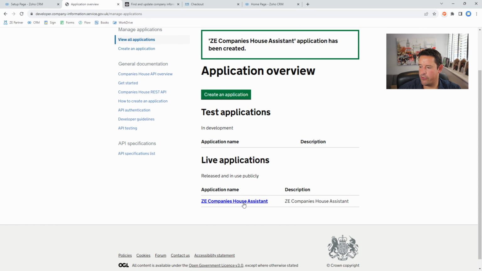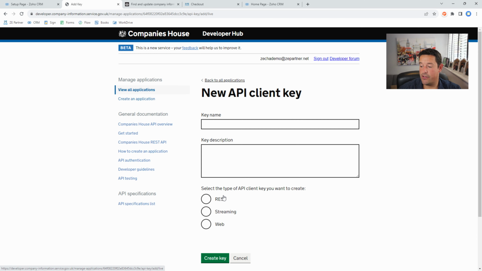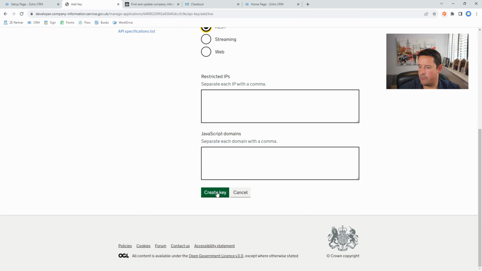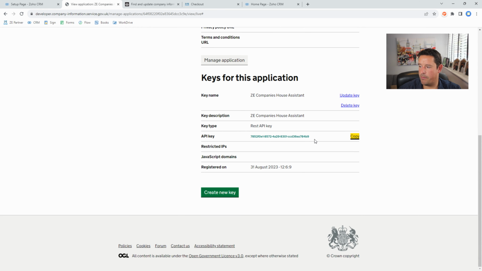All right, so it's been created. So now we can click into it and we can create a key. So I'm going to create the key. I'm going to give the key the same name. And I'm going to say that it's a REST API, and then I'm going to click Create Key. All right, and here's my key. So I'm going to copy the key,